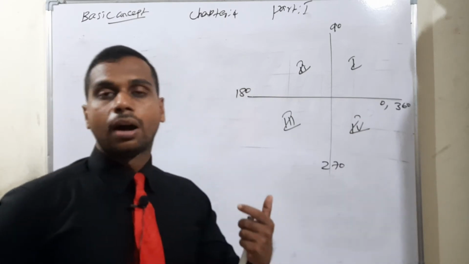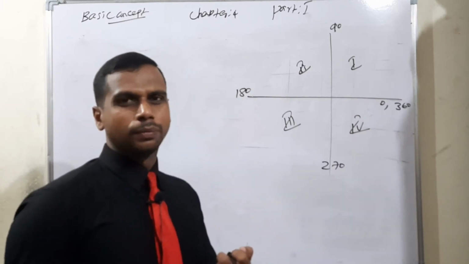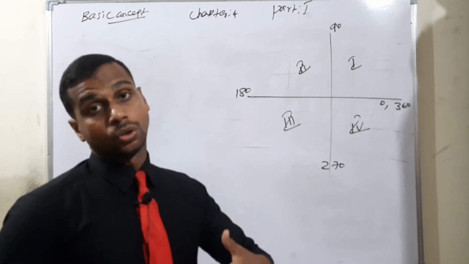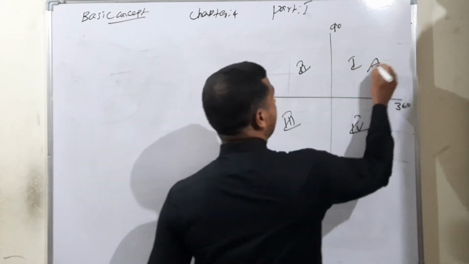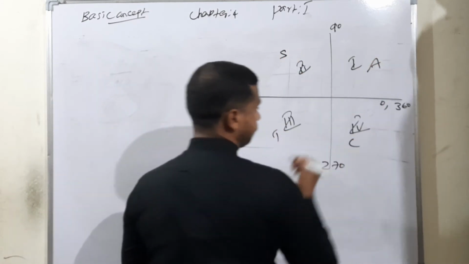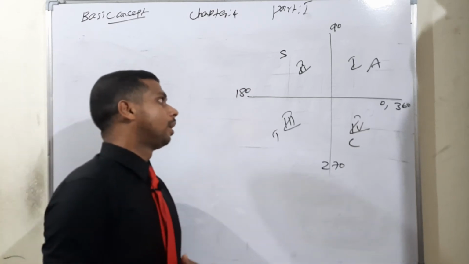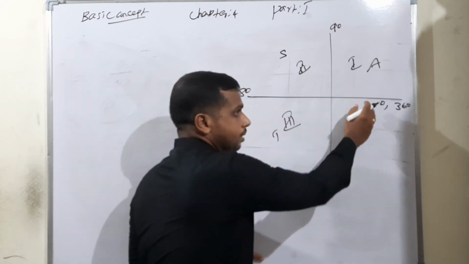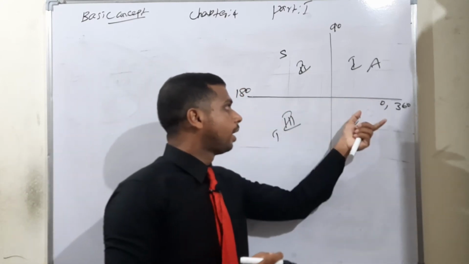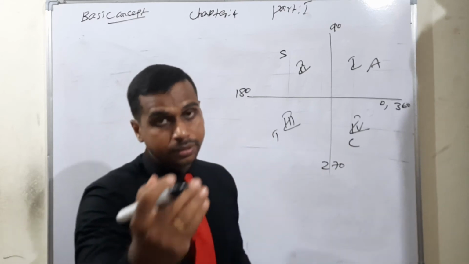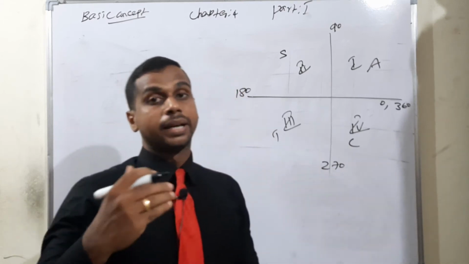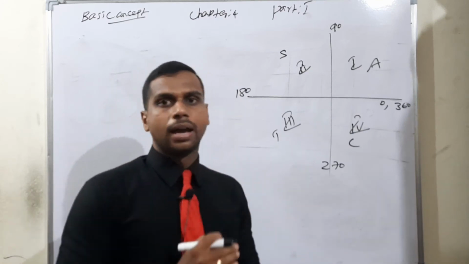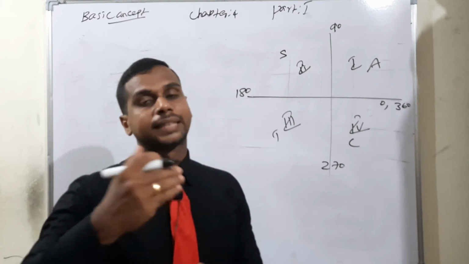Each and every quadrant has a different name, just as each and every teacher has a different name. All silver teacup, all student take chocolate. So I consider all silver teacup. If you move on each quadrant, horizontal means, for example, sin 180 plus theta, or cos 360 minus theta, or sin 360 minus theta. For this type of value, the same name will repeat. Sin means sin only repeats.